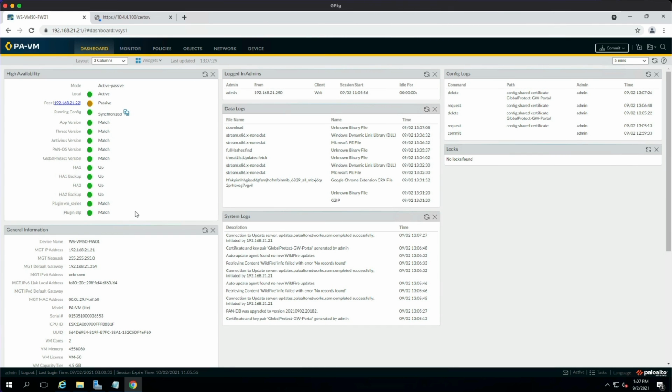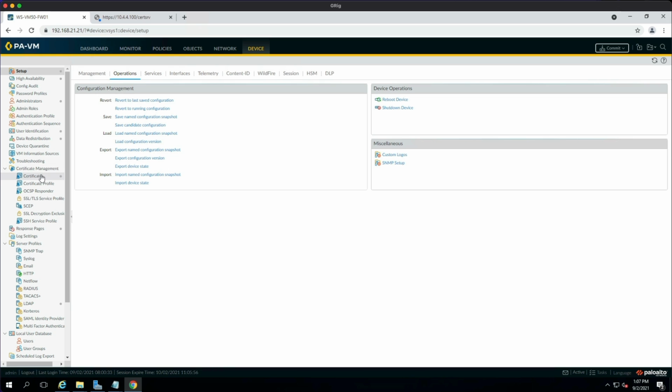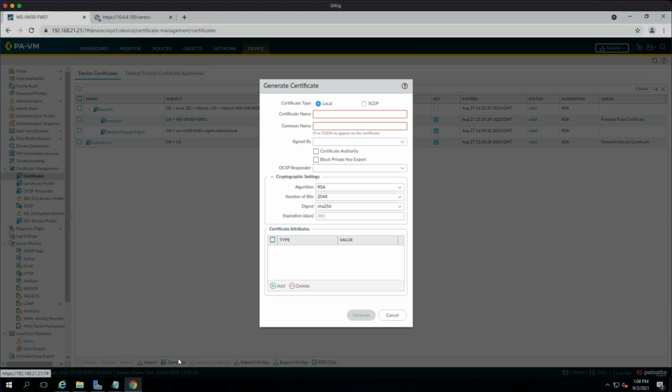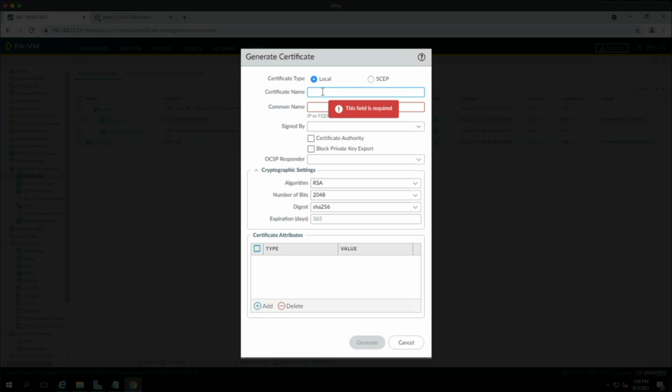Okay, so I've logged into the firewall. We need to go to the device tab and we need to go to certificates, and we're going to generate a new certificate signing request. So click generate and we're going to give the certificate a name. So I'm just going to call it